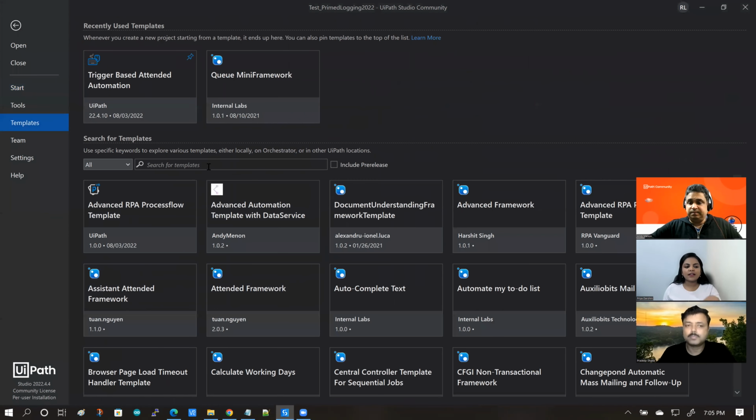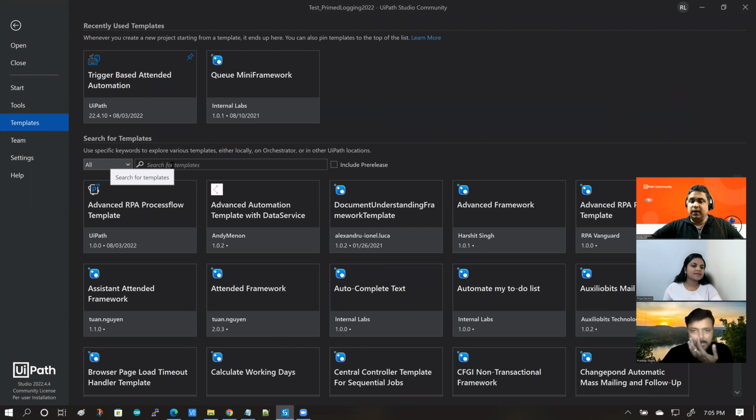Remember, these templates are like your starting points, right? So what Andy is showing is for you to start a new project, because you need to use that as your blueprint, and from there on you customize it for your purpose. Correct. And again, like I said, if you want to search, this search is almost similar to what you saw on the UiPath